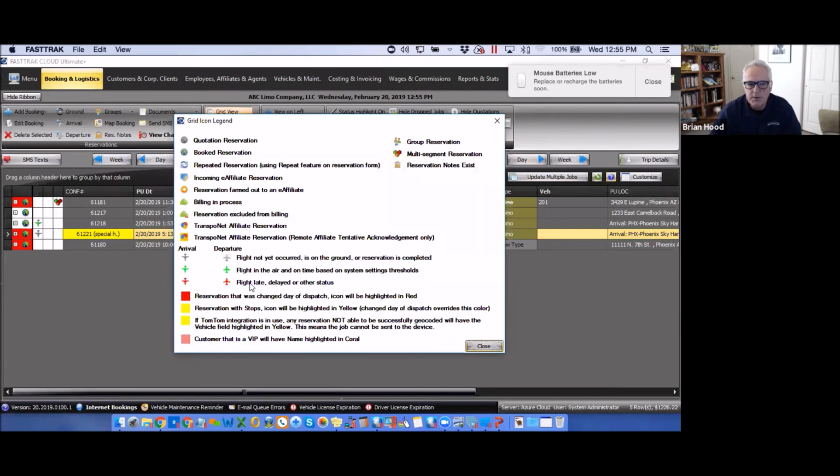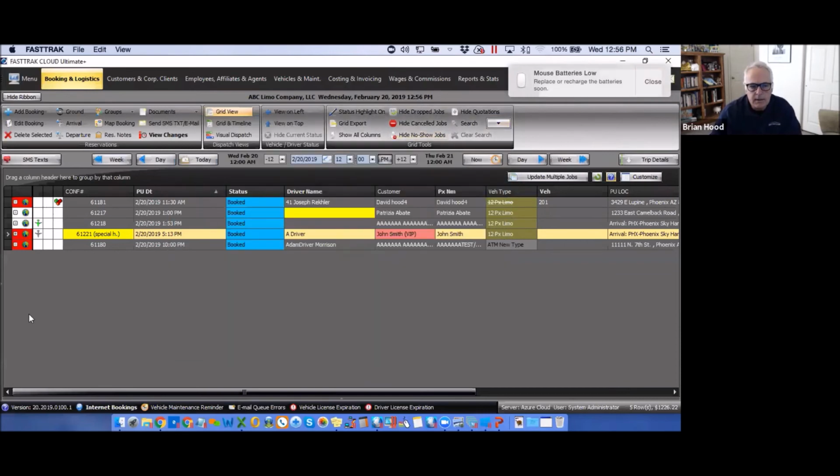Arrivals and departures. In this instance, we were looking at a multi-segment reservation, letting me know that there are other reservations attached to that. Again, if I try to take action such as canceling that one, it's going to remind me the other ones exist. And then some of these other ones here we'll talk about, the billing and TransmitNet. They just show up over here letting you know different things. One thing I do want to show you,